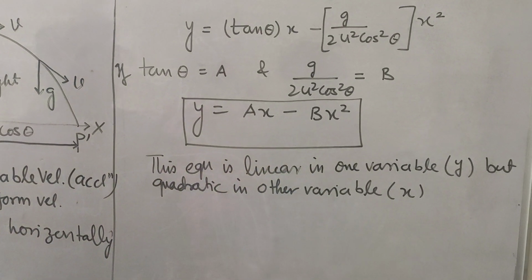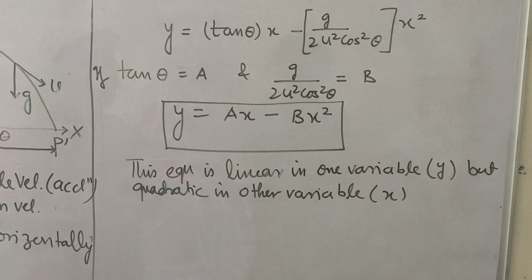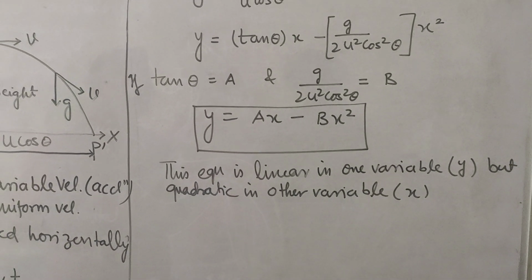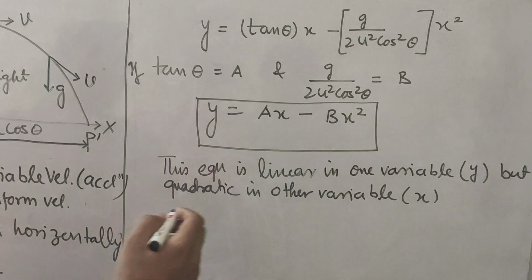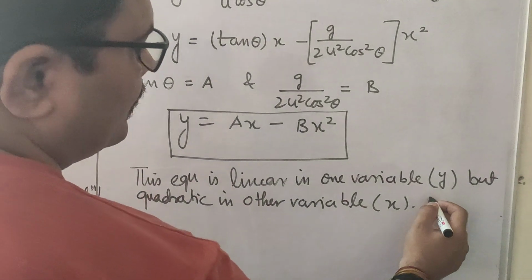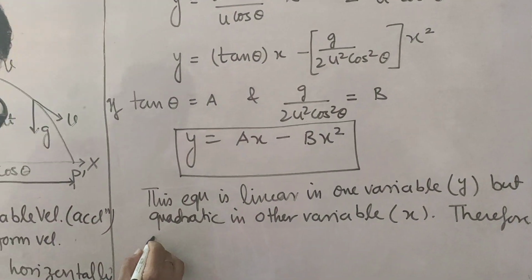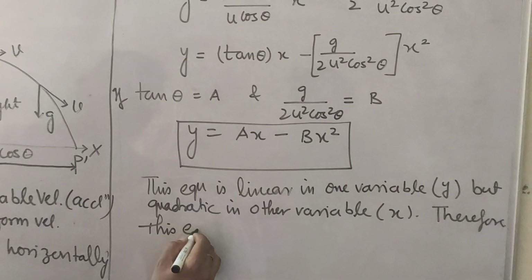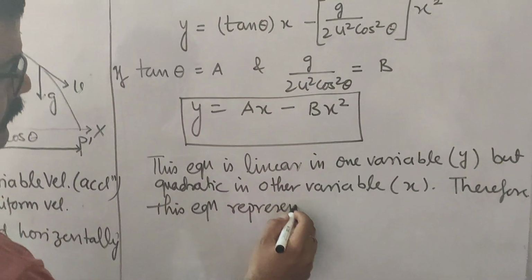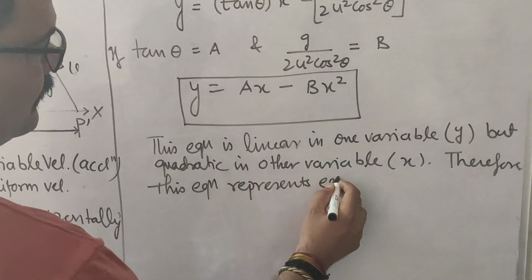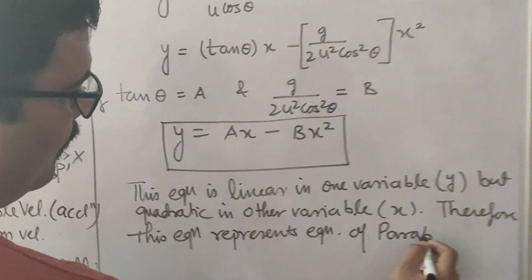Such kind of equation where one variable is in highest degree 1 and the other variable is having highest degree 2 is termed as equation of parabola. Therefore, this equation represents equation of parabola,